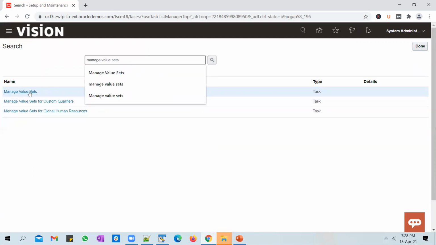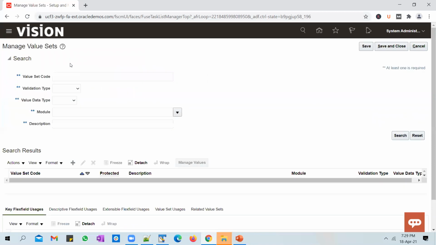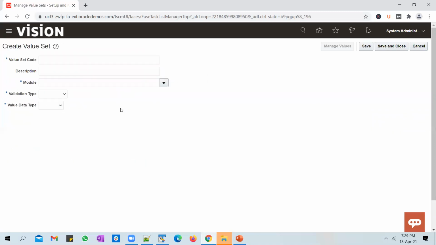So search for a task called Manage Value Sets and create a new one. We can call it Geeks lookup value set, or I'll call it Countries Value Set.